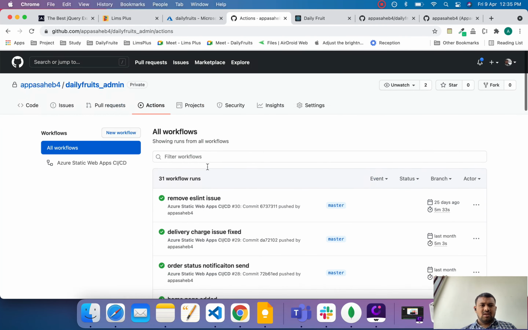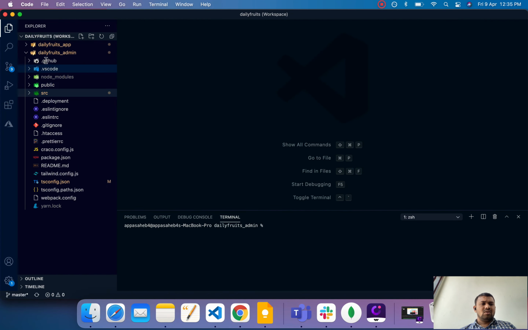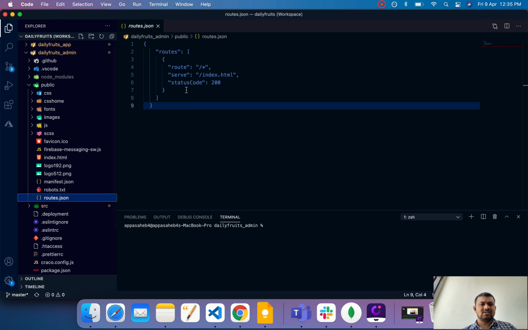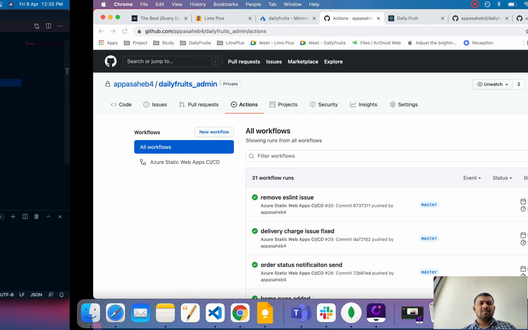Then also, in the public folder, create one file, router.js. In router.js there is an array of routes, with a wildcard route for all paths, serving index.html with status code 200.